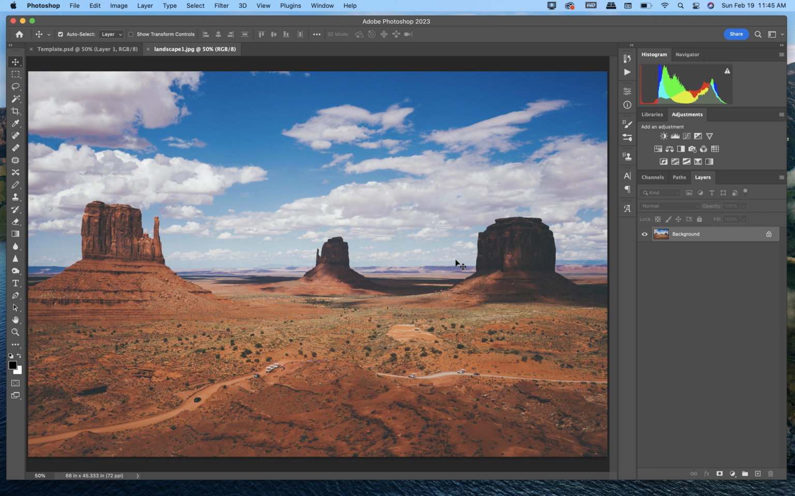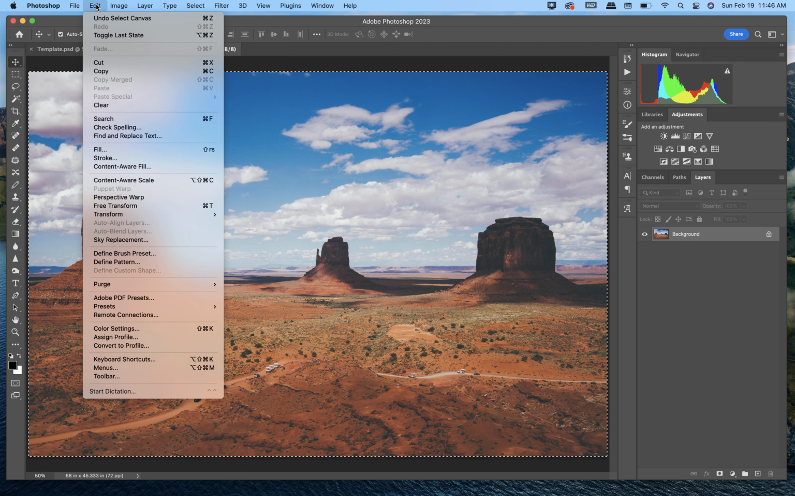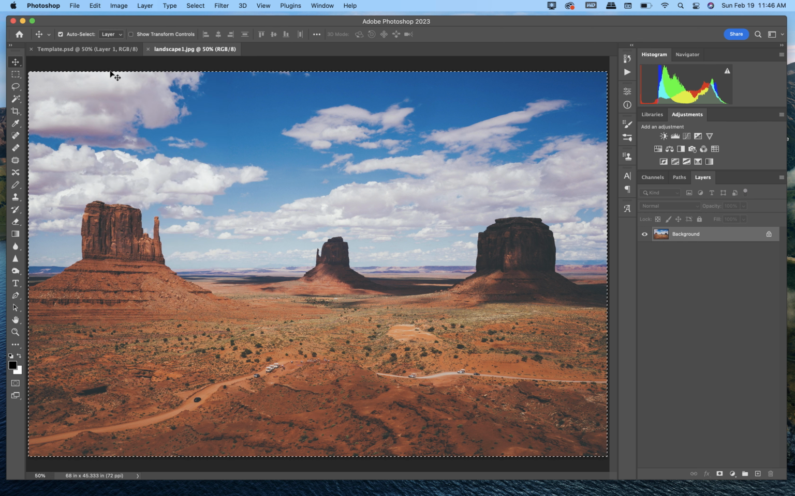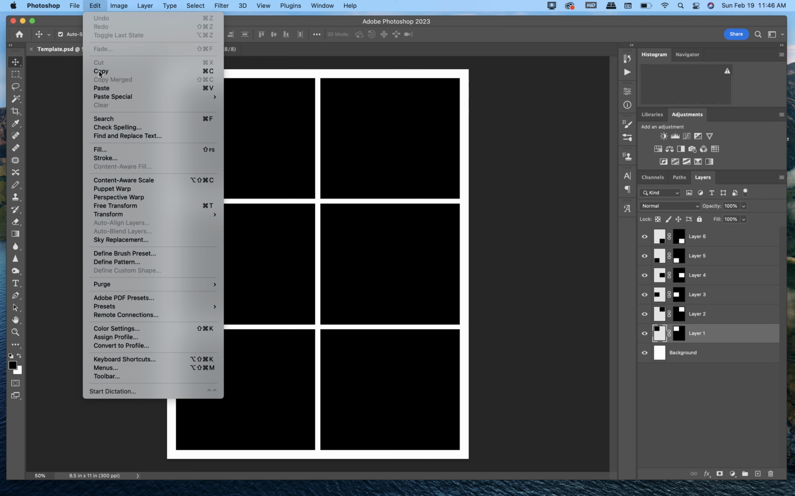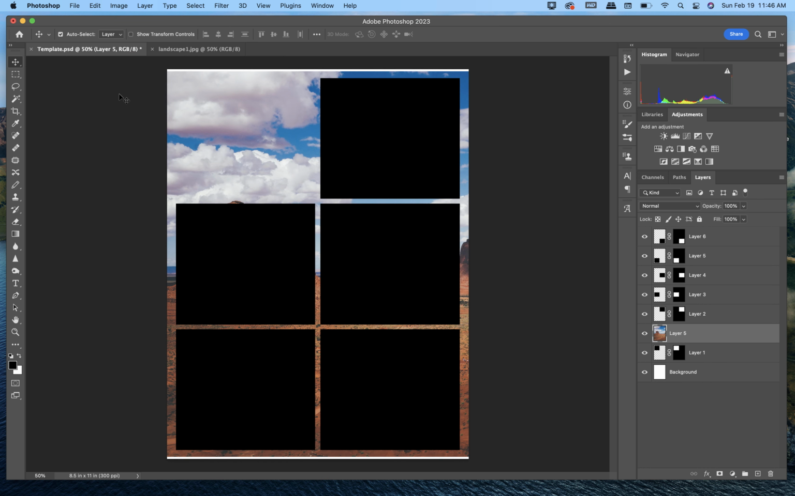Now you're in the image. I'm going to select this whole image, so you go to Select All. You want to copy it to bring it over to the template, so go Edit, Copy. Now click back on the template file, go Edit, Paste. It'll paste that image into its own layer right above the image box layer in the layers